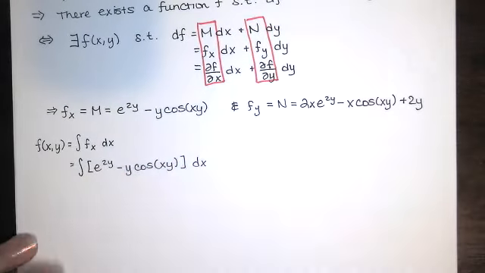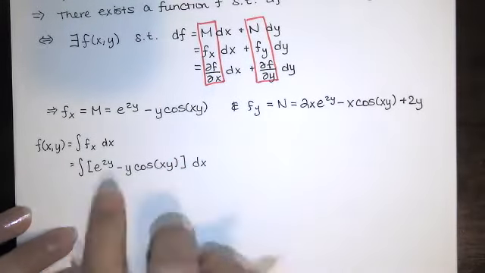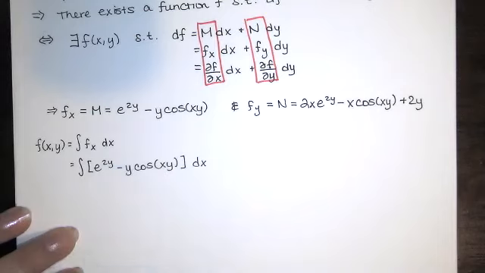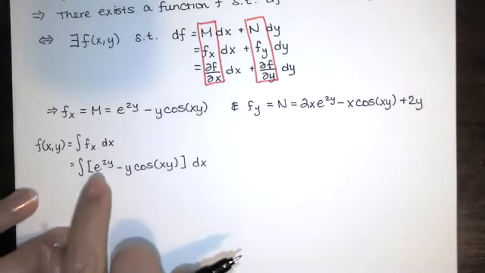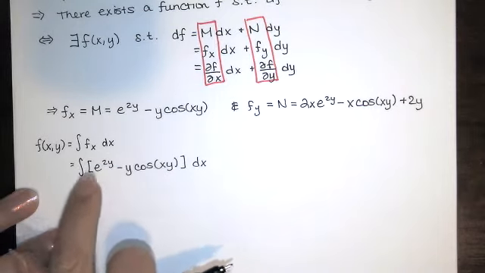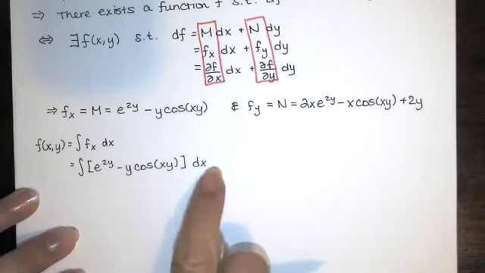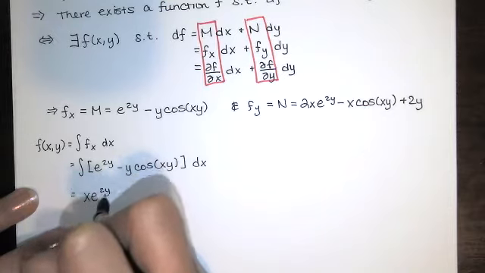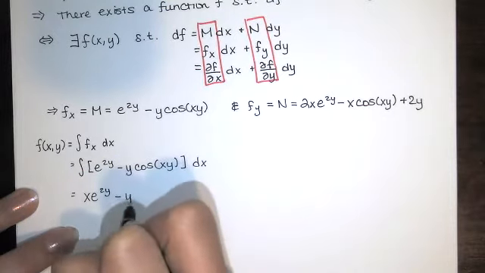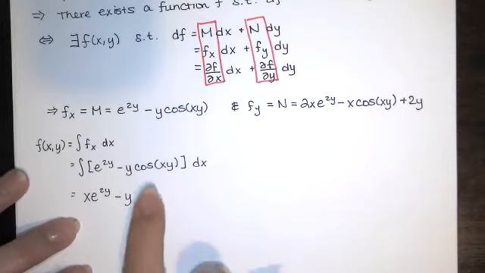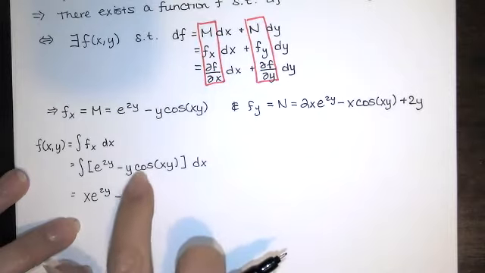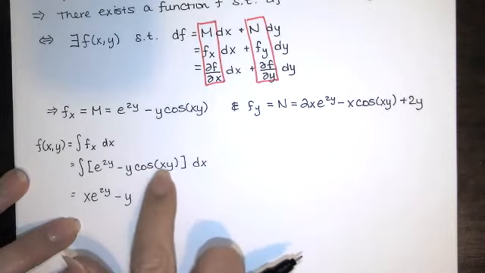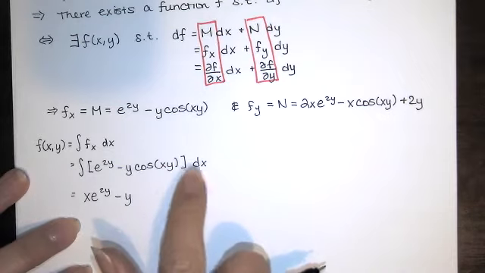So we just need to evaluate this integral now. Remember, y is being treated like a constant and x is your variable. So this is just a constant. The antiderivative of a constant with respect to x is that constant times x. And here, negative y is just a constant, so I'm going to bring it down. And then I'm going to find the antiderivative of cosine of xy with respect to